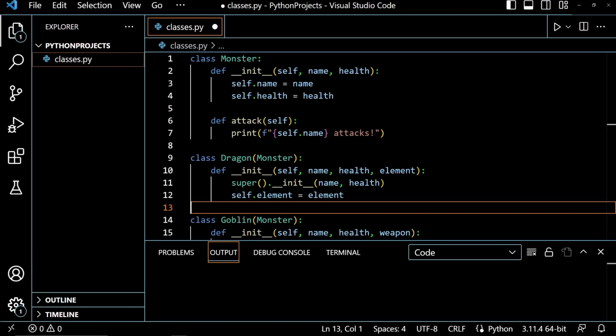Let's look at an example of polymorphism. Polymorphism is a fundamental concept in object-oriented programming that allows objects of different classes to be treated as objects of a common superclass. It enables a single interface to represent multiple types of objects, making the code more flexible and reusable. Polymorphism encourages code reuse, and it makes it easier to extend the functionality of existing classes without modifying their